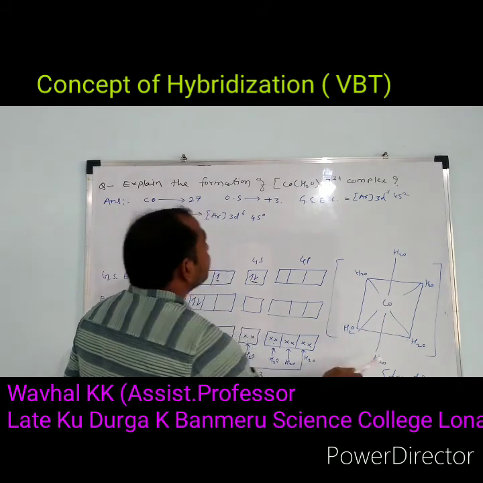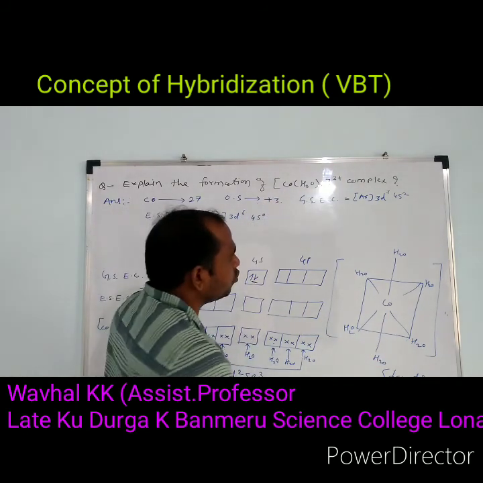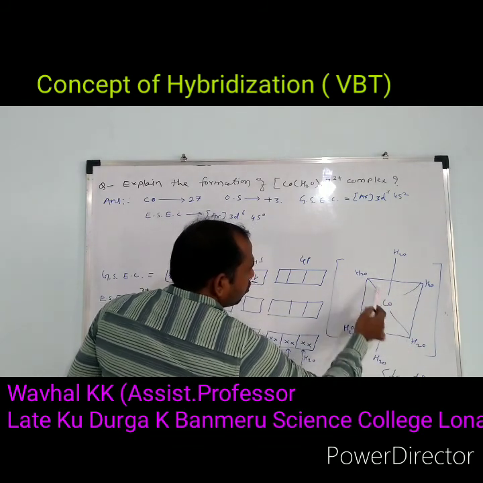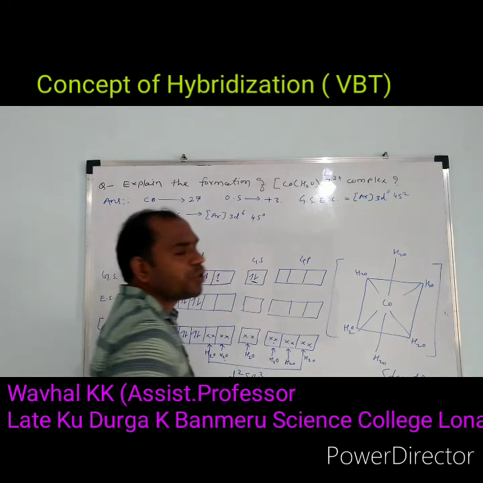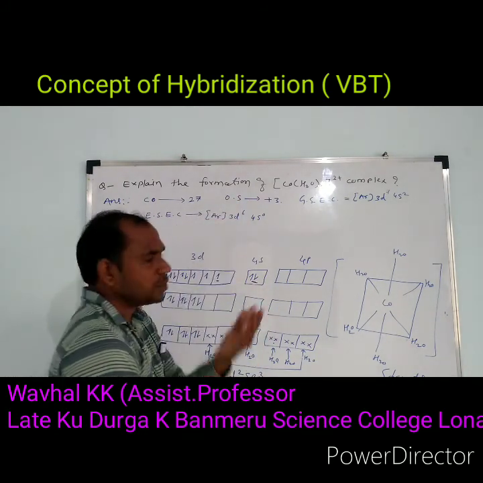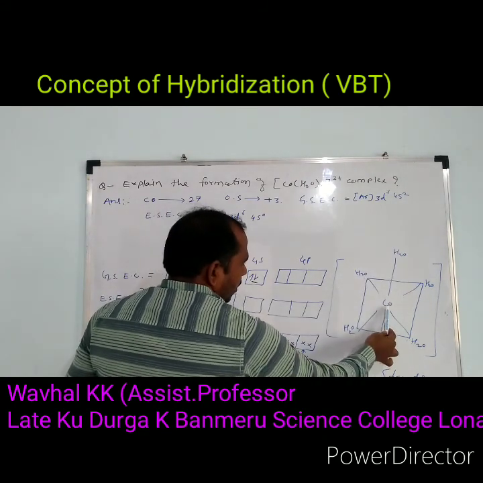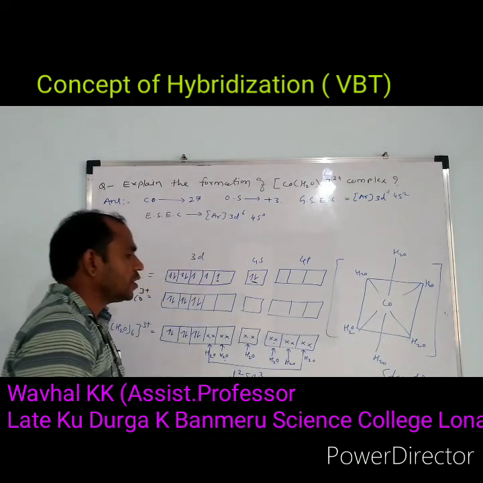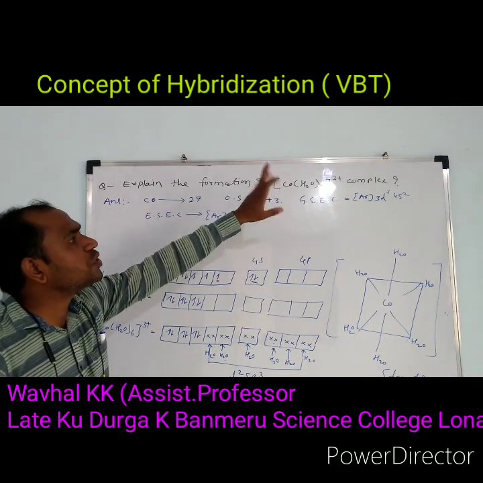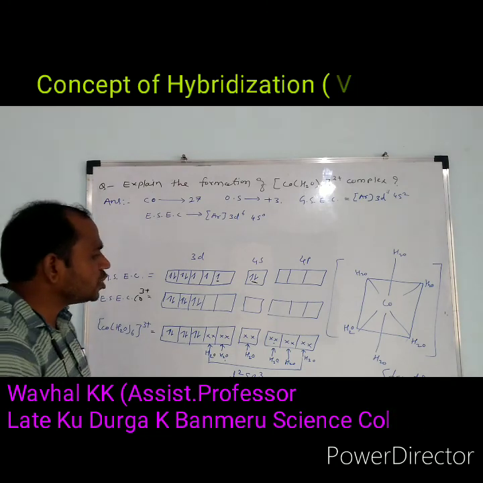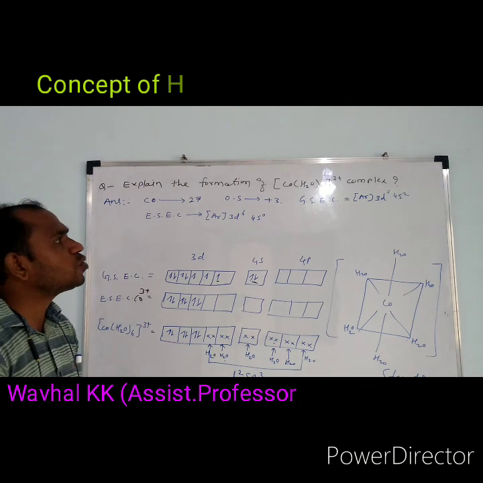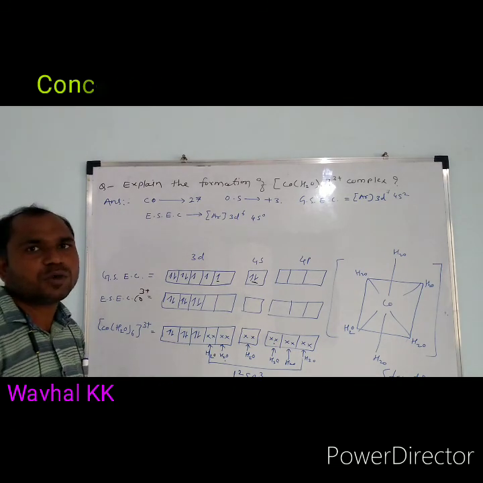See here, this is the structure of the [Co(H2O)6]3+ molecule. This is octahedral geometry. 1, 2, 3, 4 H2O molecules are on the plane, one H2O molecule is above the plane and another is below the plane. This is the complete explanation of the formation of the [Co(H2O)6]3+ complex. In this way, we can explain the formation of the [Co(H2O)6]3+ complex or any other complexes given in the coordination